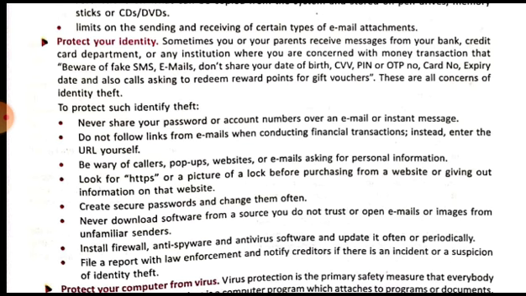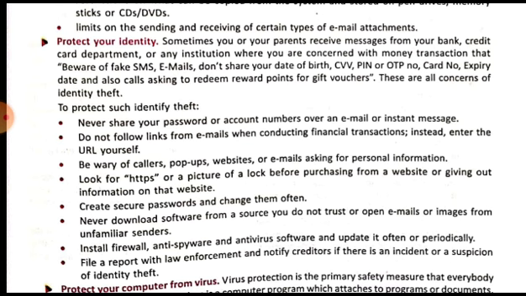Why? Because sometimes these links are created for making a fool of us. When you click on these links, they will redirect you to some fraud site where they will ask for your information, they will steal our information from us, and then they will use that information for fooling us and withdrawing money from our accounts also. That is why we should never click on the links from emails when conducting financial transactions, but we should always enter the URL ourselves.